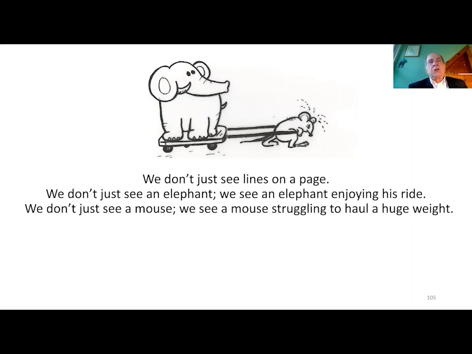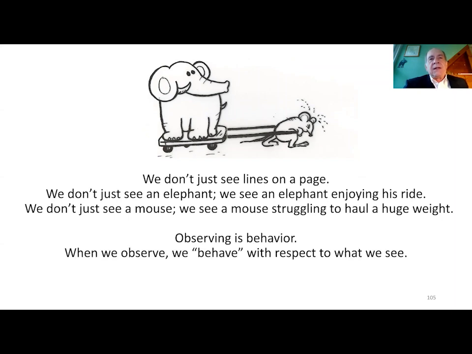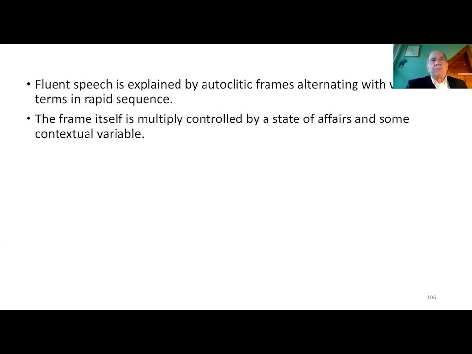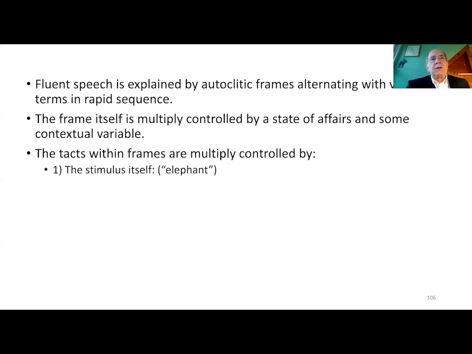Again, the interpretation of a scene involves implicitly assigning roles to what we see. Again, we're not assigning a role, but we interpret it in a way where our interpretation includes this notion of a role. And that's what controls the verbal behavior. That's what controls the placement of items in autoclitic frames. So fluent speech is explained by autoclitic frames alternating with the variable terms in a rapid sequence. The frame itself is multiply controlled by a state of affairs and some contextual variables. The terms within the frames are multiply controlled by the stimulus itself,